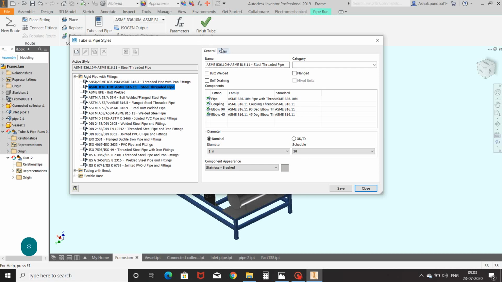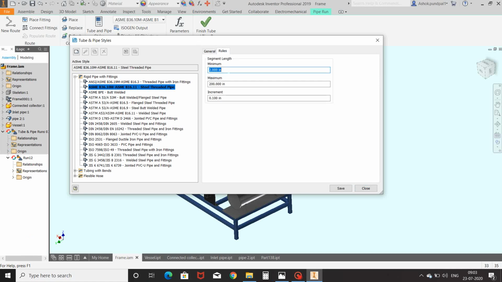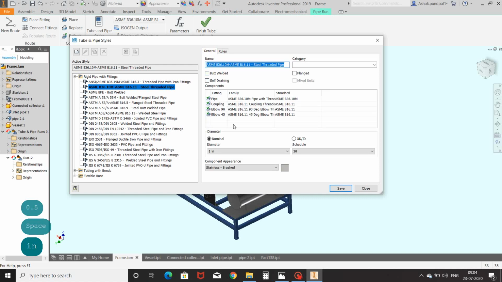Go to the Rules tab, keep minimum size 0.5 inch. You can give your required minimum size. Based on your standards and requirement, you can select other options also. To showcase the example, this is sufficient now.